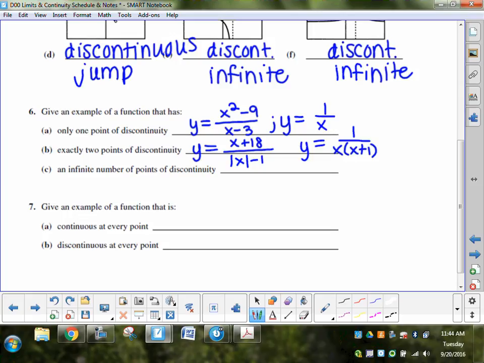How about something that has an infinite number of discontinuity points? Oh, I know. 1 over x squared. No, that's because that would only have one at 0. Think about it. It would have to be something that sort of has a repeating vertical asymptote. Yeah. y equals